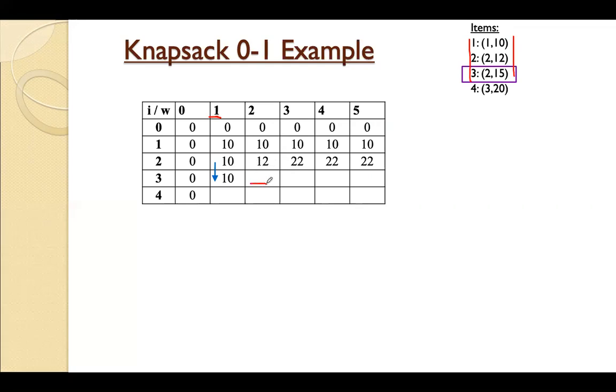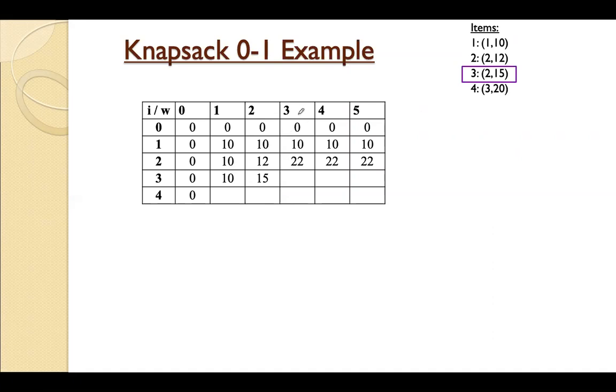In this row, what will you write? In this column, place. Okay, now we are in column 2, bag weight is 2. Are you going to write the 12 itself? Now there is one more item, item 3, and its weight is 2. The profit we will get is 15. So it is greater than 12. See, 15 is greater than the previous value 12. So we'll take that 15 value here.